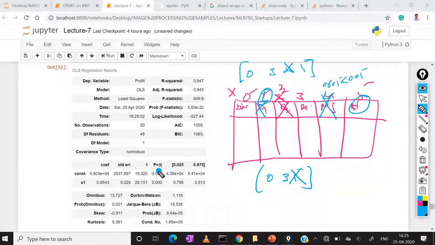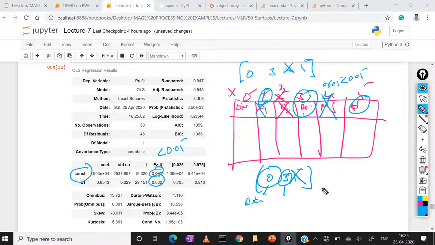See here, the p value is less than 0.05 for the constant feature, meaning the added bias feature, and for the x1 feature, which belongs to the third feature, R&D. So among all the features, the remaining ones are the bias feature, the zeroth feature, and the third feature, which belongs to the R&D department. By using this feature we have to build the model.